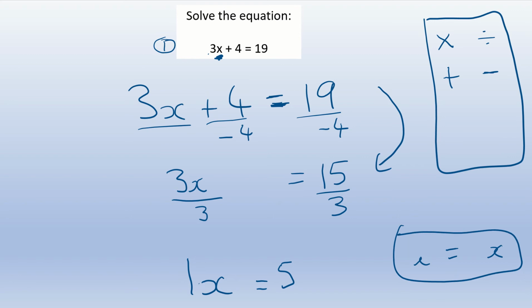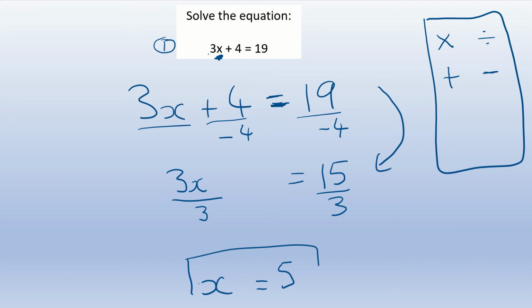They mean the same thing. And I'll just take that away just in case we get confused by that. I don't want that to be there. So we get our answer as 1x is equal to 5, and that's the same thing as saying x is equal to 5. And if we think about it, if x is equal to 5, and we were to substitute that back in up here, we would get 3 times 5, which is 15, plus 4 is 19, and of course that makes sense, so we know we've done it correctly. So what you've done there is you've solved one equation